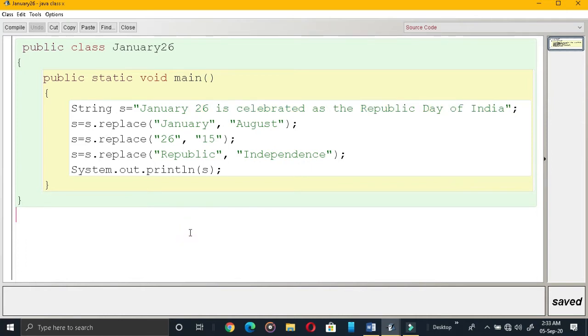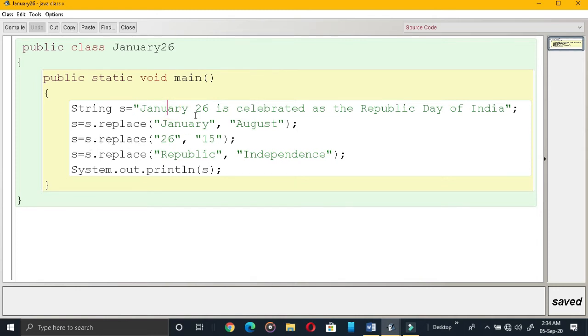Now first I need to change January to August. You know the function replace can be used for replacing a character or a string. So I am selecting here S dot replace January with August. So in this place August will come.